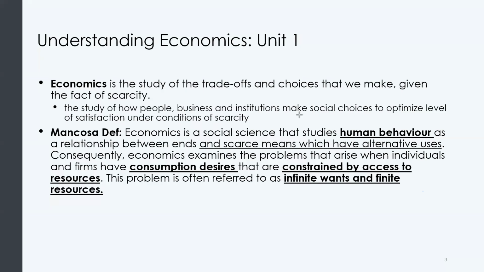So economics therefore becomes the study of human behavior, or the study of how people make choices because there are limited resources, or how people match limited resources and unlimited ones, or the things that they want to consume. So that's what economics is all about. It's just a study of the choices that we are making as people whenever we are faced with limitations, right? So in our study of economics, there are two major branches of economics.